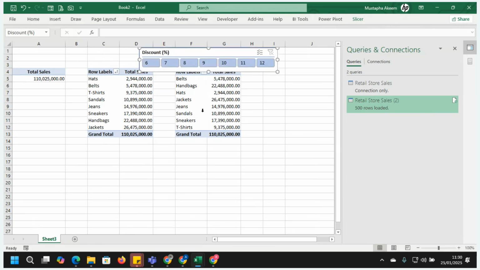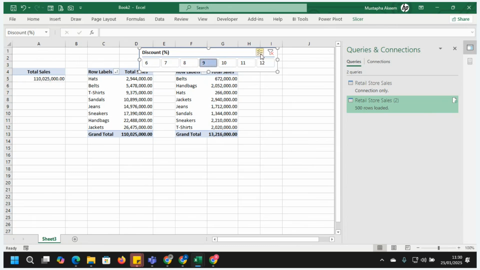When I click on the discount, you can see that this data reduced. You can see the effect of the discount on each of the products. As I'm clicking on it, that is one of the ways by which you make your data interactive. You see what the slicer is doing for us.